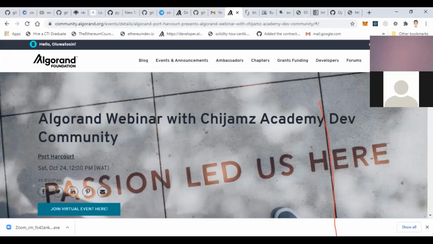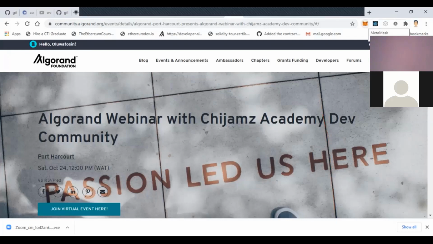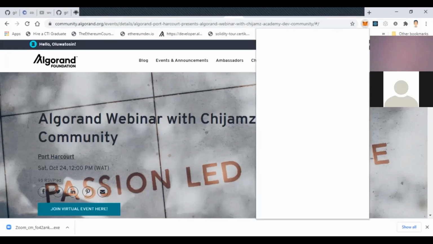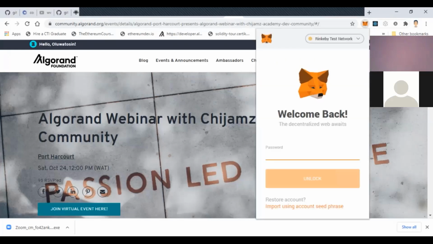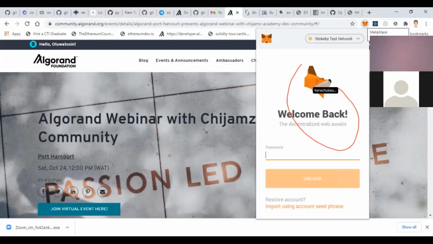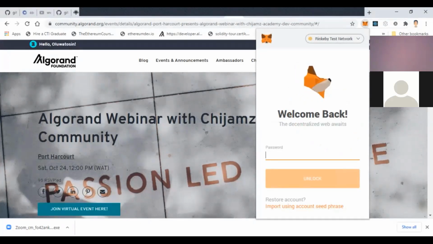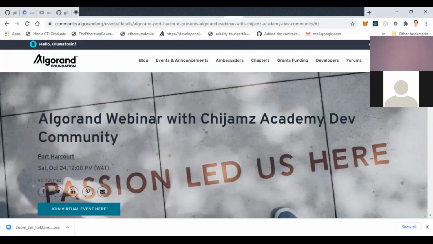You can see here this is MetaMask. I installed it so that I can use it as an example. If you want to sign a transaction, you log into your MetaMask. The same functionality that MetaMask has is the same thing that Argo Signer has. So for you to understand what Argo Signer is, you have to go to